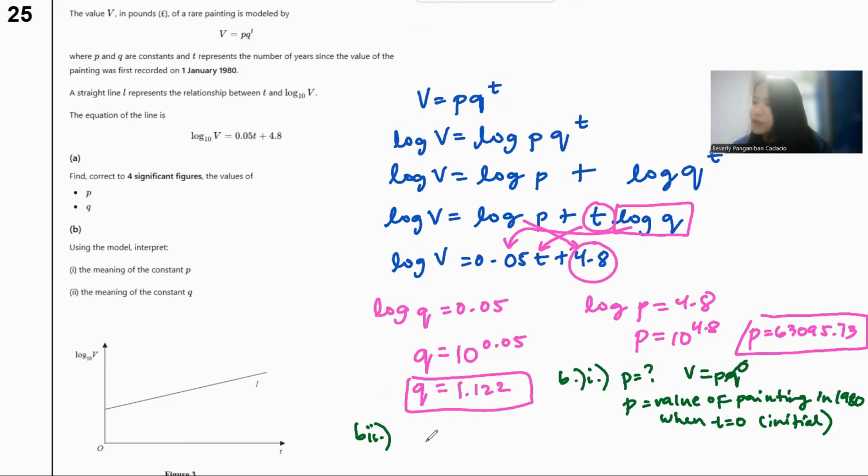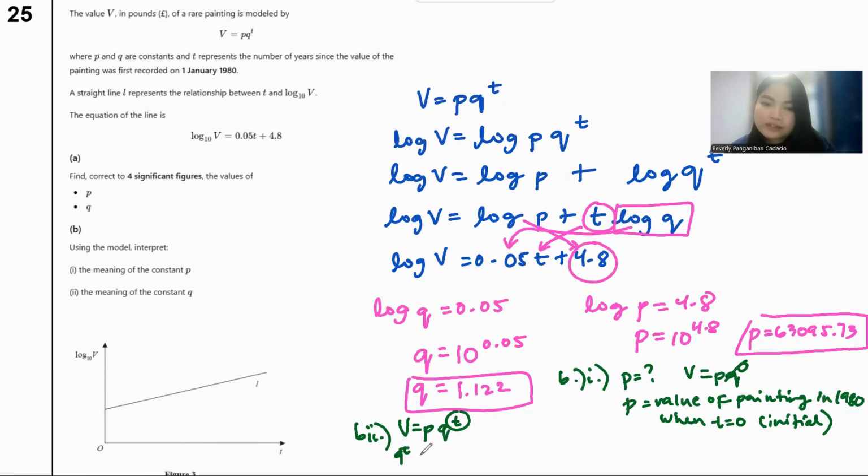Meaning the constant of Q. This one, you can just take a look and say if it's a growth or a decay. V is equal to PQ^T. Your T is actually, of course, the number of years starting from 0. It cannot be negative. So you know that you're going to have a growth there. So your T is positive, therefore your